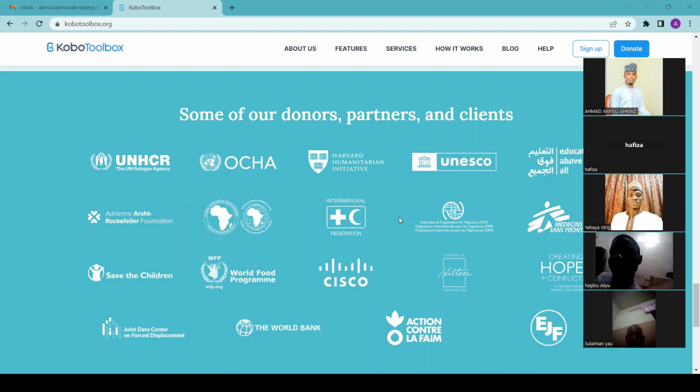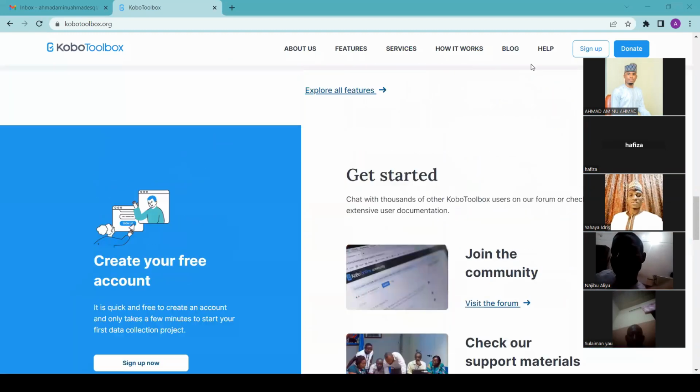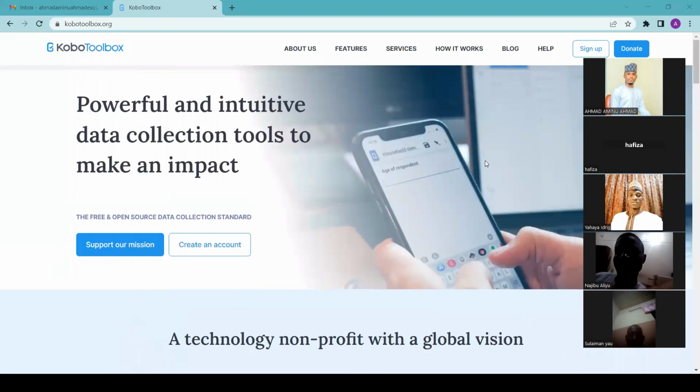So everyone that wants to do any humanitarian work, any survey, anything, look at all these United Nations organizations here that are just giving them money for free. Even you, if you want to donate money, come here and click on donate. If you have some dollars to give them, maybe you did some works, you are very happy, you get money, just click on donate and donate some money to them for free. You just give them